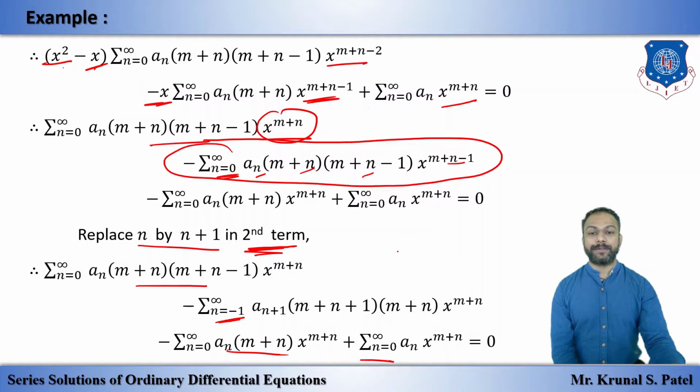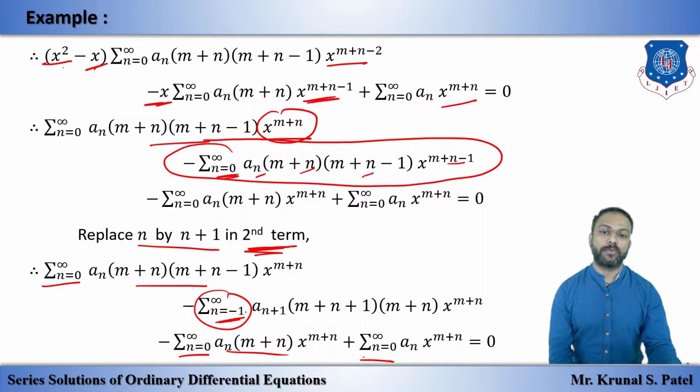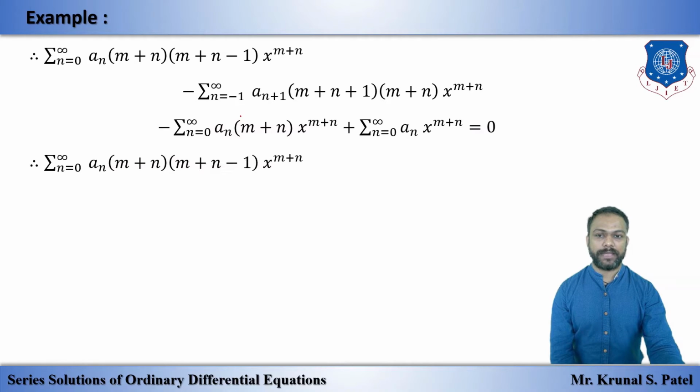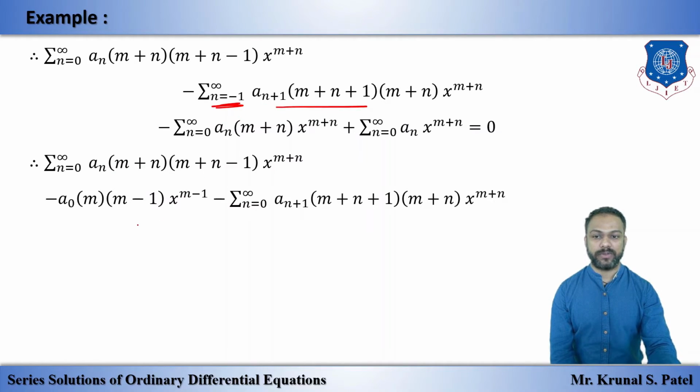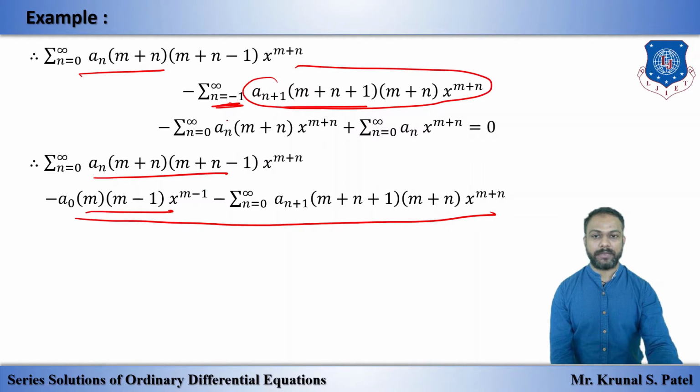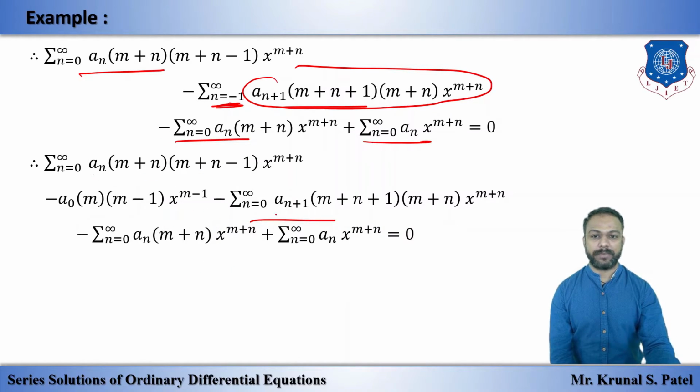Now we'll make the limit of sigma equal. So we have 0, 0 and 0, which is larger than n is equal to minus 1. So we'll put minus 1 in this and we'll start with n is equal to 0. So we have the first term as it is, and for the second term I will write it down again, and we'll put n is equal to minus 1 in this. By putting n is equal to minus 1, we have this, and we'll start with n is equal to 0. This as it is, and this as it is. So this step is our limit of sigma equal.